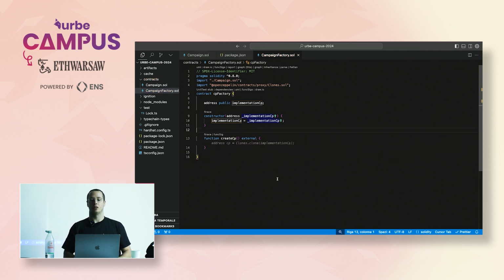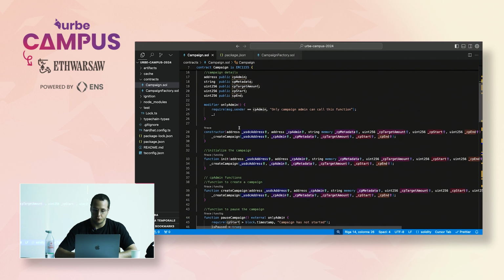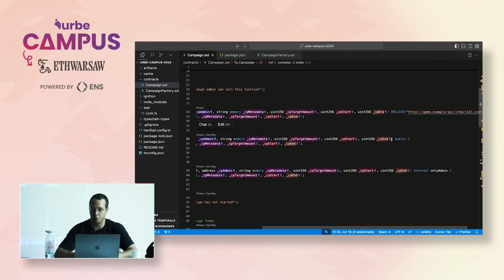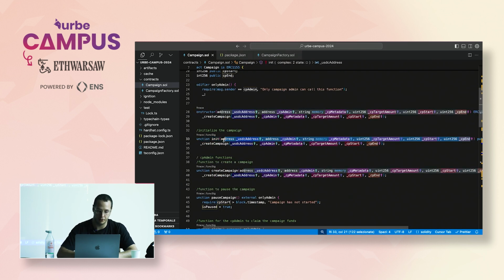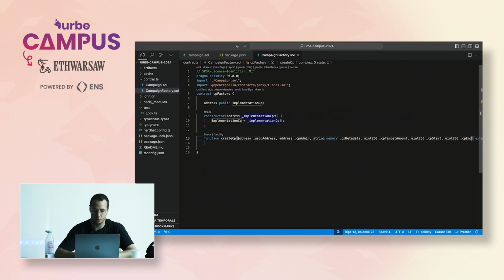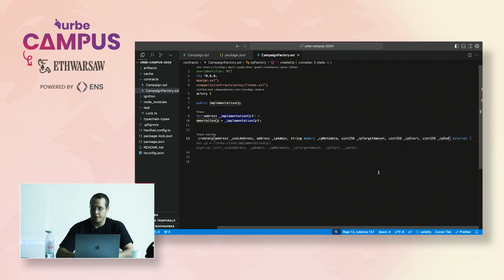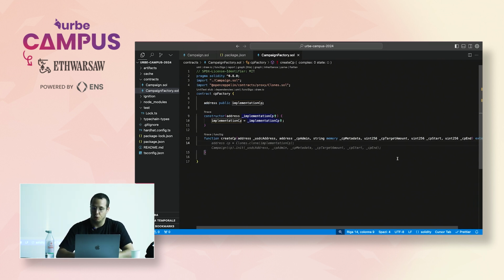What's the logic that we need within our create CP function? We need all the parameters that the init function wants. So basically we can copy all these parameters here. And then the suggestion is good because